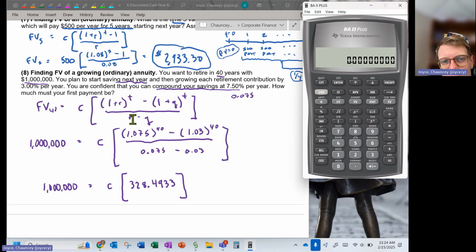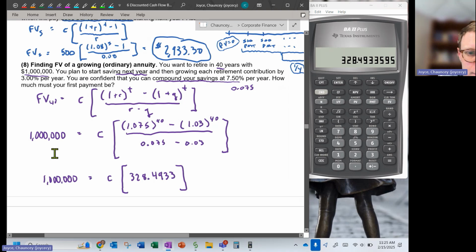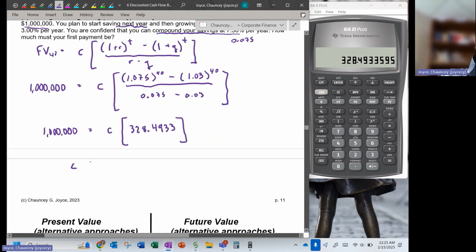So now I'm going to put all those together inside the hard brackets, and that's recall 1, that's the first number, less recall 2, that's the second number, equals, that's the numerator in the hard brackets, and then divided by recall 3, the denominator we initially calculated. So that becomes the term inside the hard brackets. And now if you remember, to get to C, we have to divide both sides by this term. That's on our calculator. So 1 million divided by this. And actually the way I think of it is I'm going to take that number that's in my calculator, inverse it,